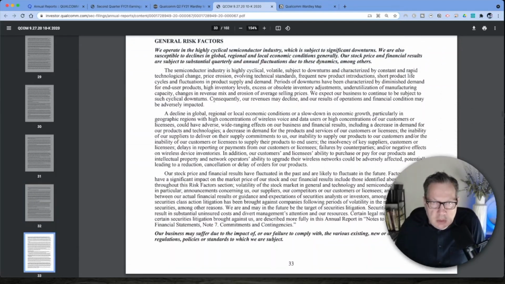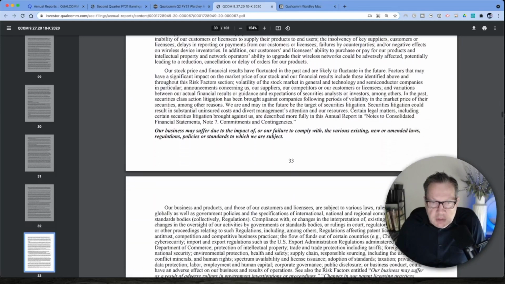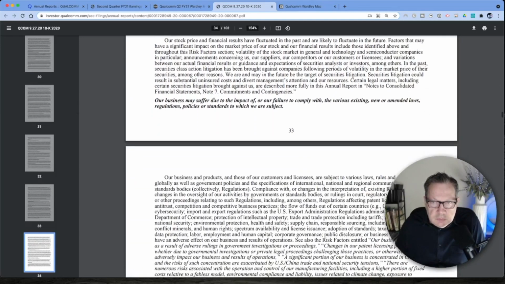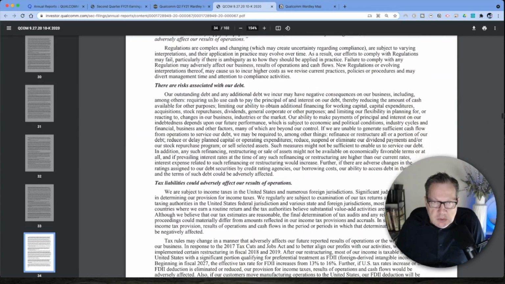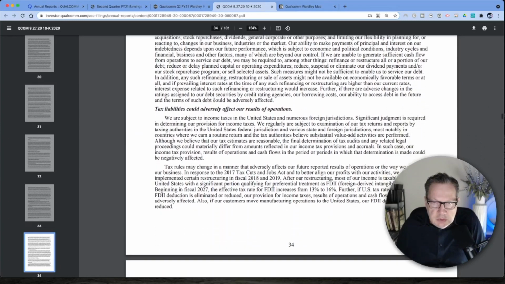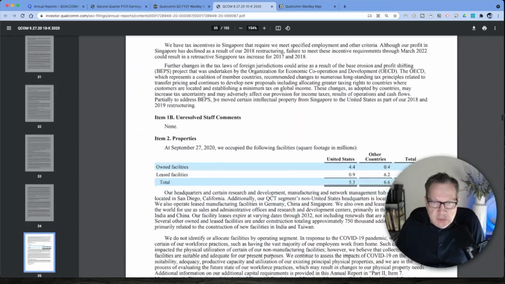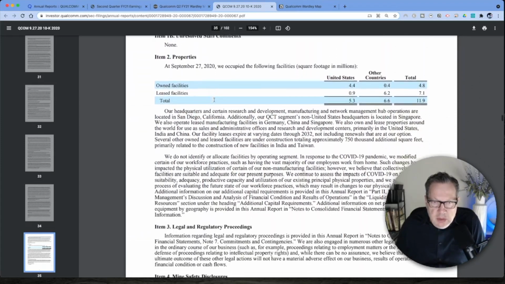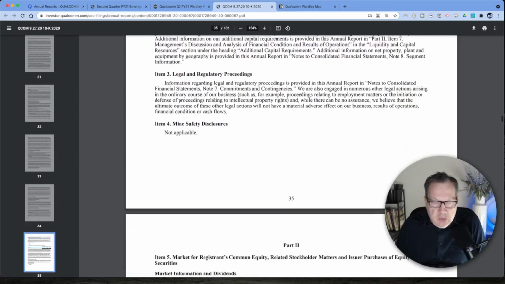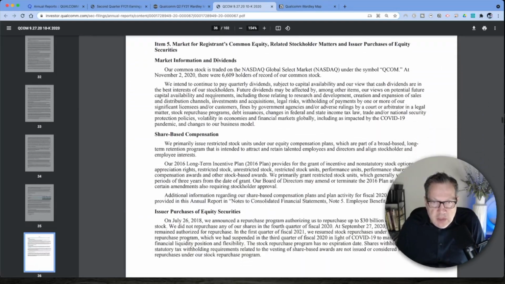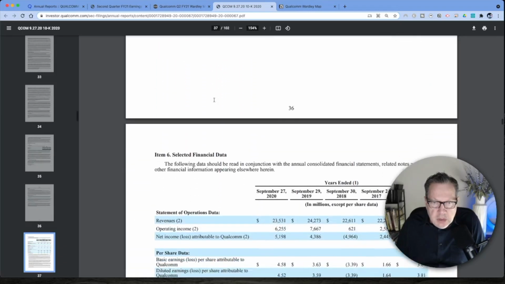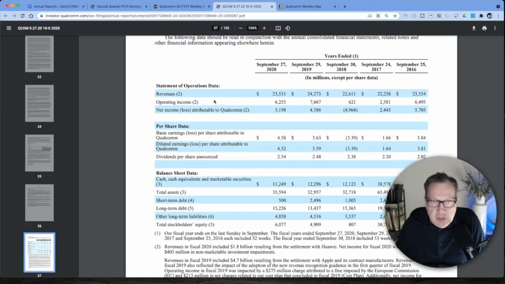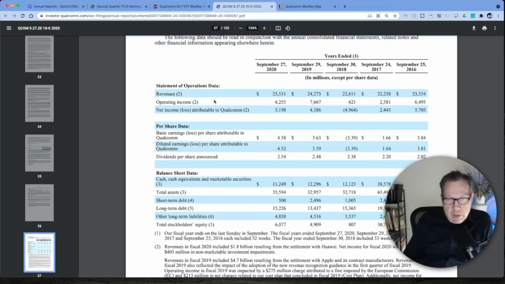And then we're coming to the end. General risk factors. And here they're just talking about the things that a general business has, their debt, their tax liabilities. And now we're getting into the numbers. So we're coming to the end of our little bit of research phase. We'll do a scan through and just see if anything sticks out, and kind of the things to look for in a